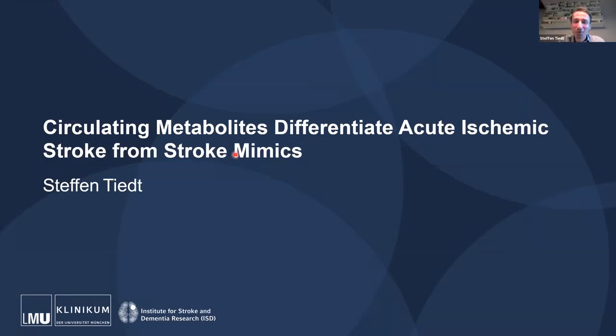I'm very happy to speak today about how circulating metabolites could help us in differentiating patients with ischemic stroke from stroke mimics. My name is Steffen Tiedt. I'm a clinician scientist and junior research group leader at the Institute for Stroke and Dementia Research, and thanks again